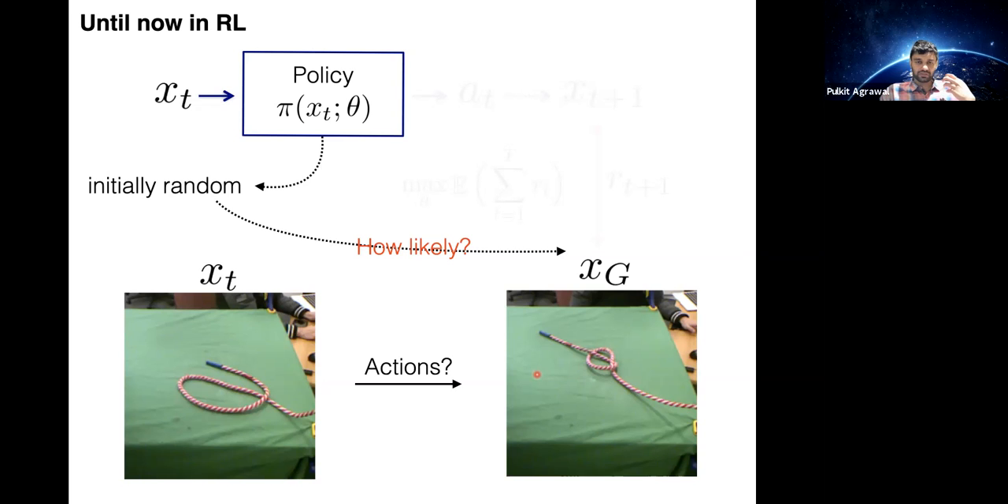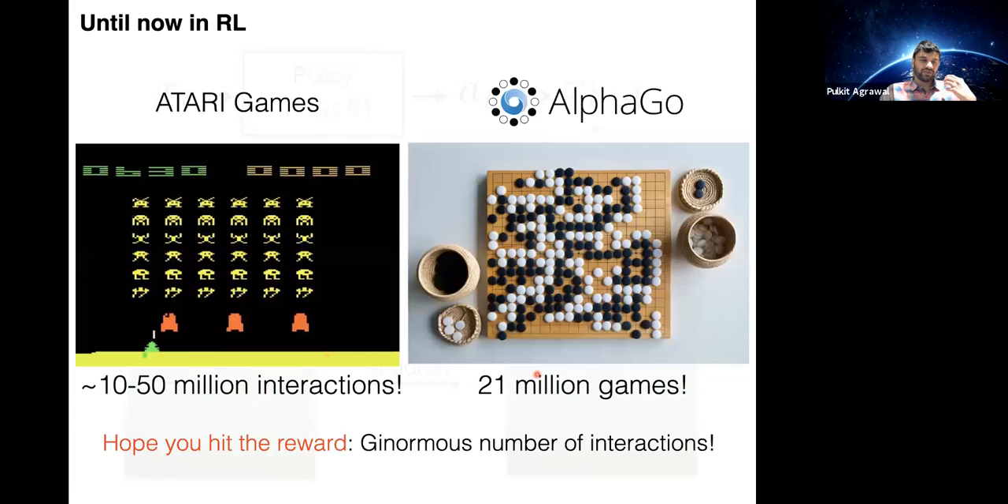And this is exactly why, if you consider Atari games or even consider the game of Go, we got successes with reinforcement learning, but we required millions and millions of interactions. The reason is simply because you are hoping that if you do so many interactions, once in a while you'll get lucky and hit the reward, and that is going to bootstrap your learning,